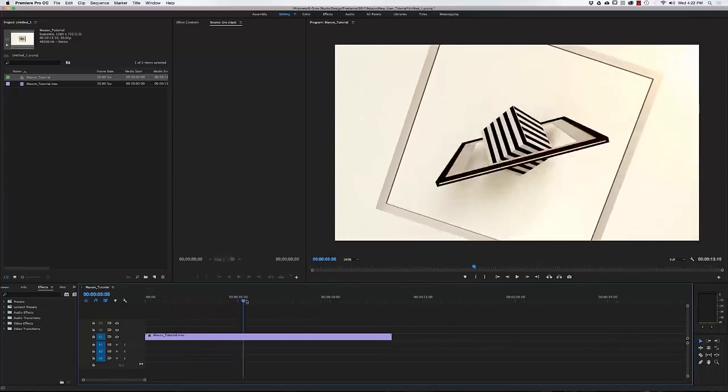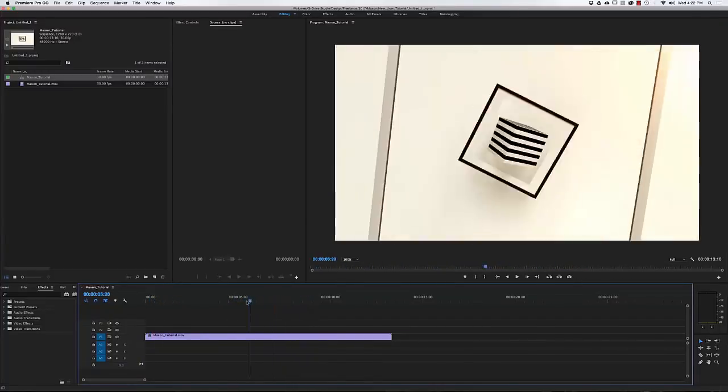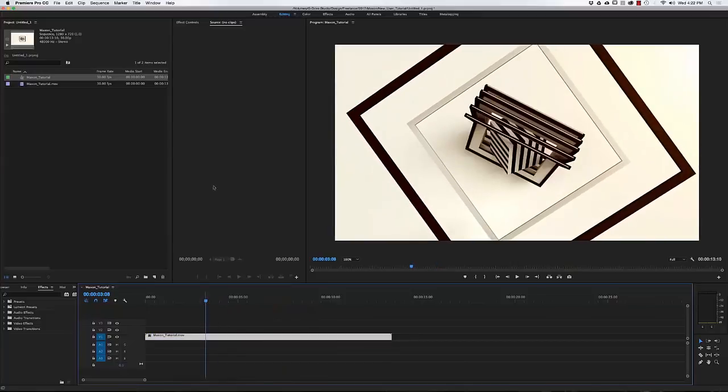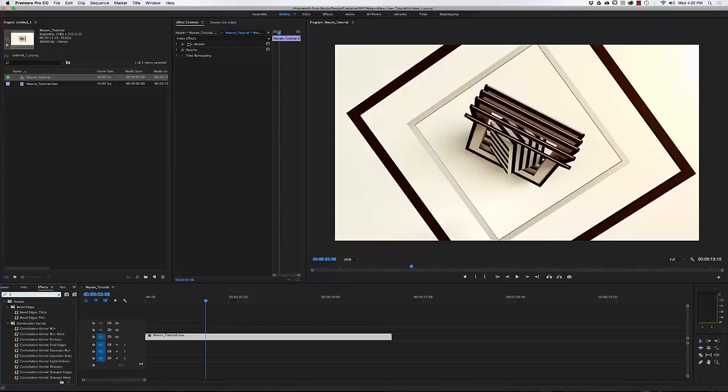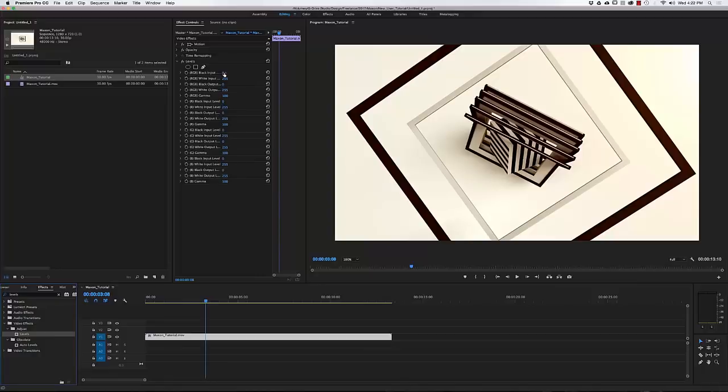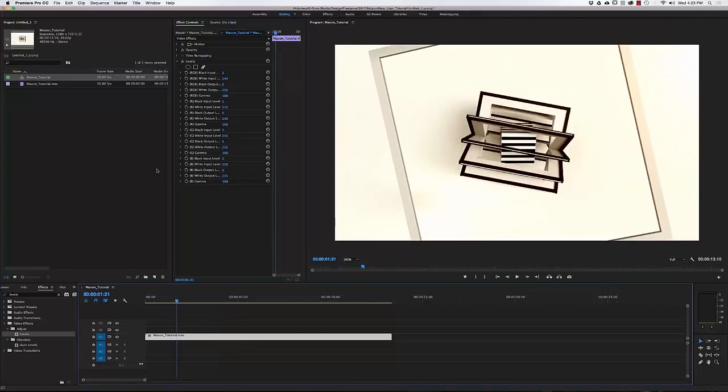And you can see this render here, everything looks good. If you want to crank up some of the levels or do something additional, we can do that right in Premiere if you've never done it before. We can just type in levels here, drag it on, and then we have the same control just like we did in After Effects. So if there's any additional work that we need to do in Premiere Pro, we're able to do that